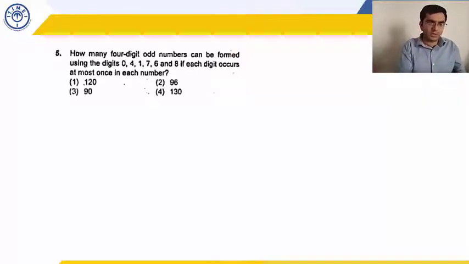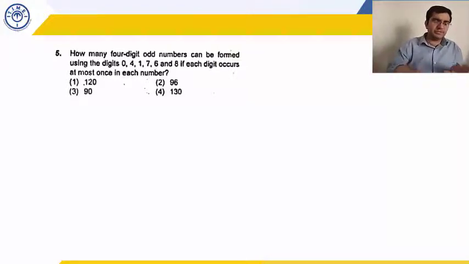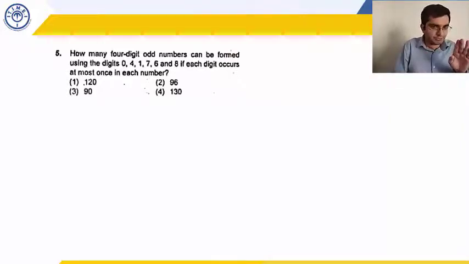Now you are left with 3 more places. And how many digits are left? Total 6 digits were there, but 1 digit has been used up. So now 5 digits are available. Now, what is the restriction remaining? The restriction remaining is on the first unit. You have 5 digits remaining. First unit can be filled in 4 ways because 0 cannot be used.